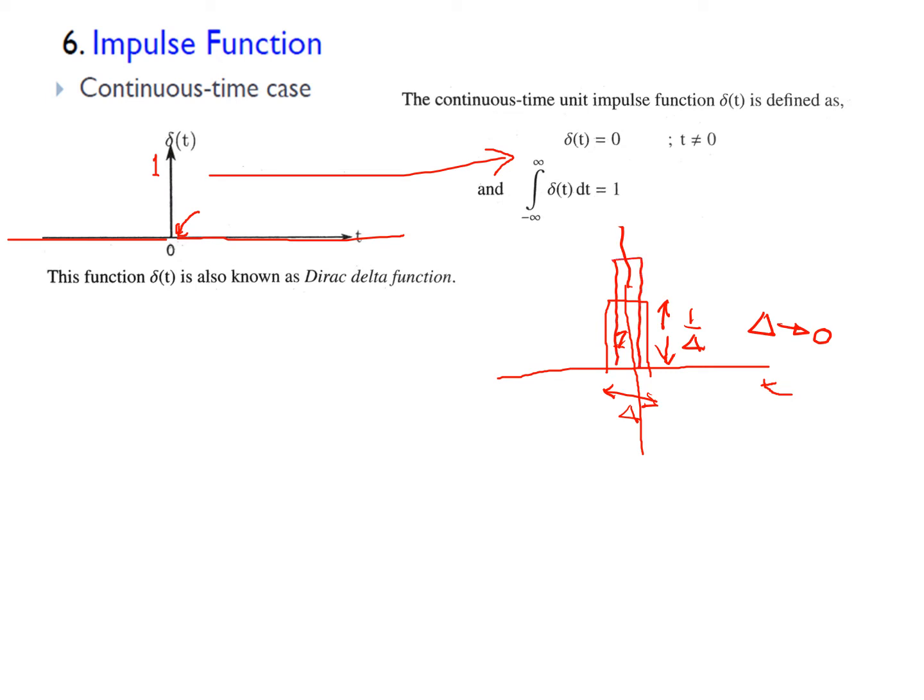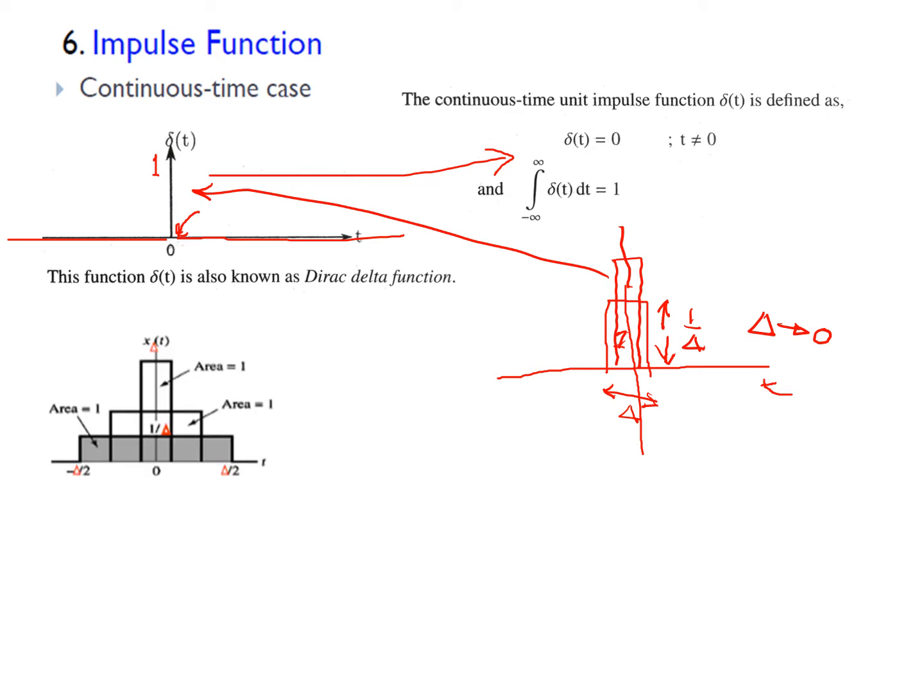So if I go on shrinking the width of the signal, finally the amplitude will increase to make the area 1, such that what I showed here will approach. That is, as the width shrinks to 0, the amplitude tends to infinity, so that area is 1. This is how practically I can visualize the delta function. The same thing has been shown here in this series of pulses. Initially I am taking a pulse of width delta, that is, on the positive axis it is delta by 2, on the negative t-axis it is minus delta by 2, total width is delta, the amplitude is 1 by delta, and area is 1.